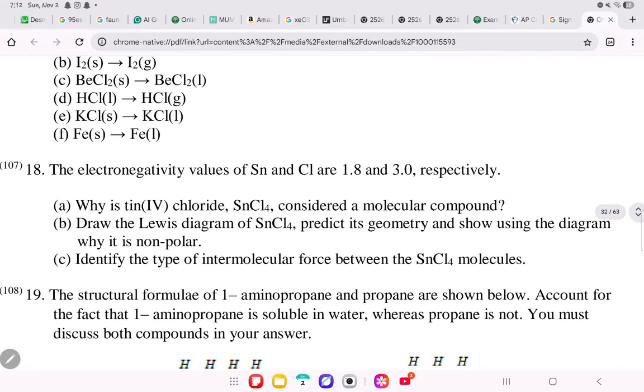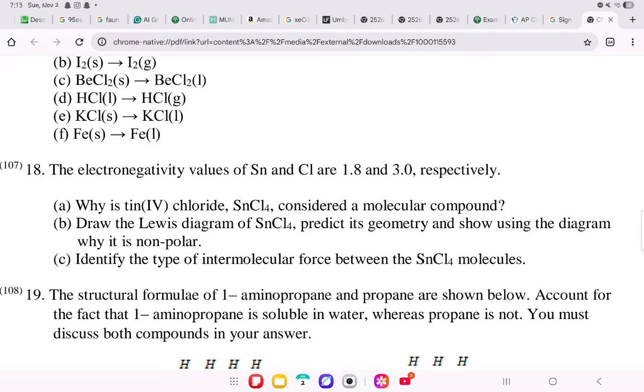What does it say? It says the electronegativity values of Sn and Cl are 1.8 and 3.0 respectively. Why is tin chloride, SnCl4, considered a molecular compound? Very simply, if you do 3 minus 1.8, you will get 1.2, which is less than 2, so for sure it's not ionic, okay? That means it's definitely for sure covalent, and when it's covalent,